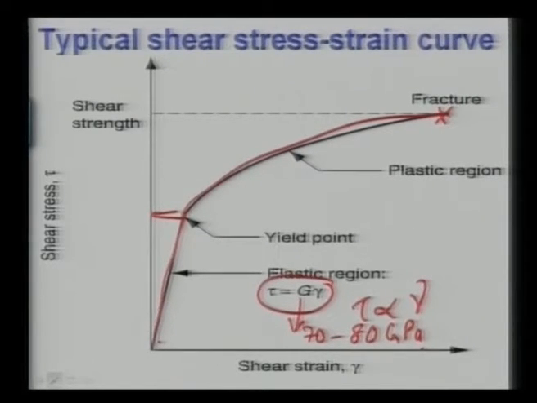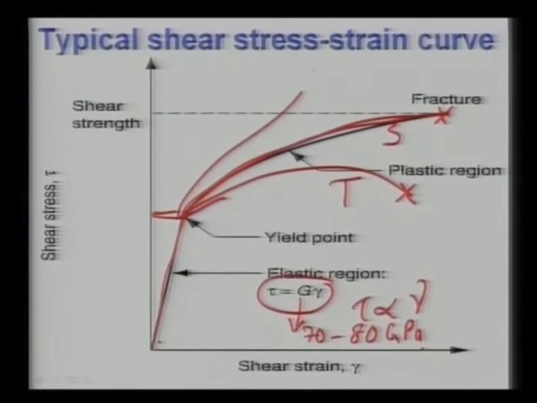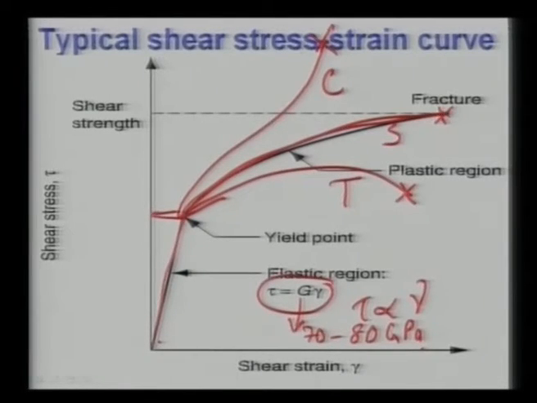Now, on the same plot, I would like to summarize how the response of a material to a tensile force, compressive force or shear force will differ, so that you can understand these three things in the same plot. This one is for tension, this one is for shear, S, and this one is for compression, C. The compressive strength is typically higher than or equal to tension, and in compression the material has the capability to take more and more load.